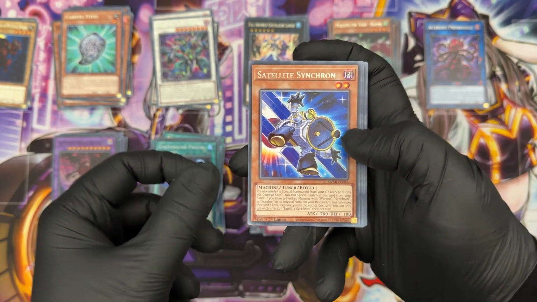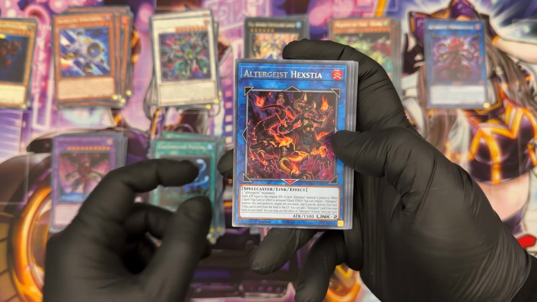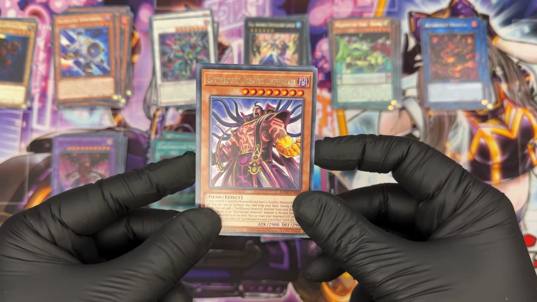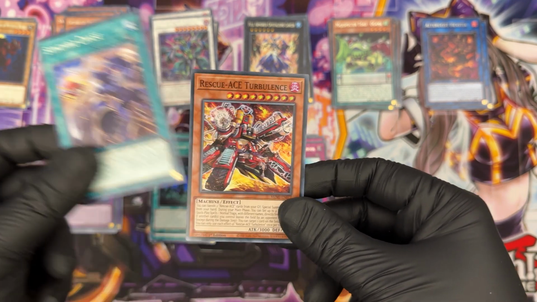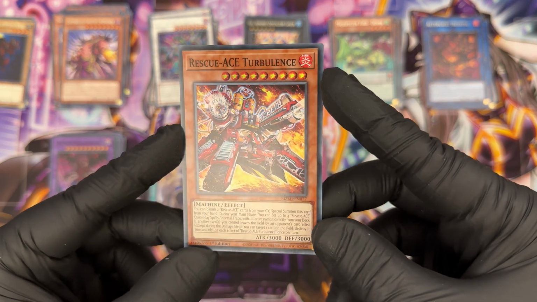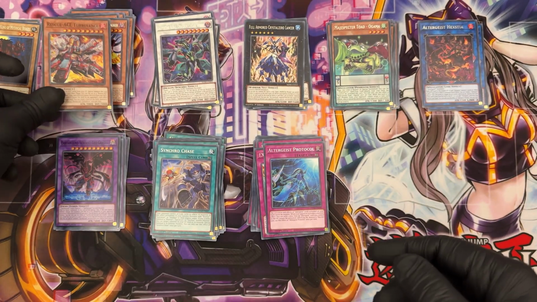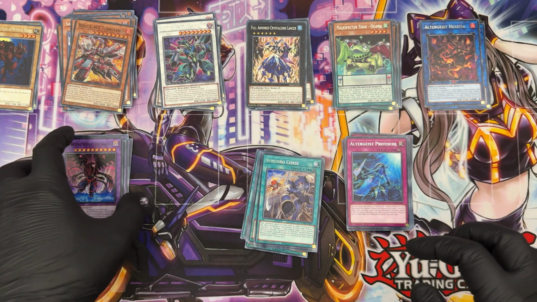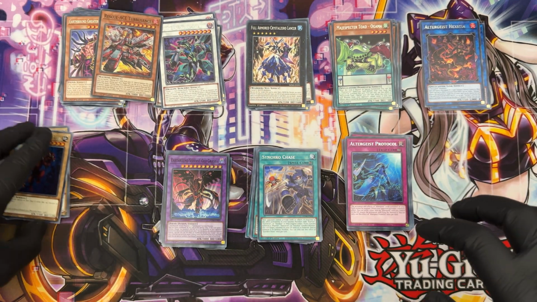Extinguish, Satellite Synchron, Altergeist Protocol, Altergeist Hex, yeah, okay, there you go. We were missing Link Monster, so second one. Earthbound Greater Line Walker, Synchro Chase, and Rescue Ace Turbulence. What a crazy transformer. Again, if I could make a wish, like, welcome to the Make-A-Wish Foundation. If I could make a wish for Yu-Gi-Oh,